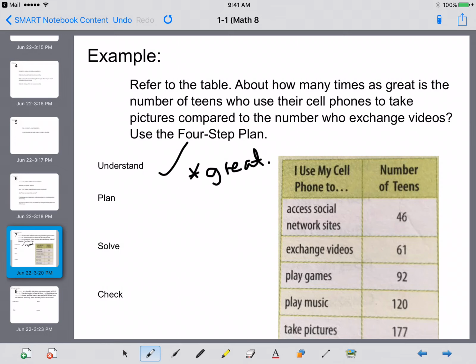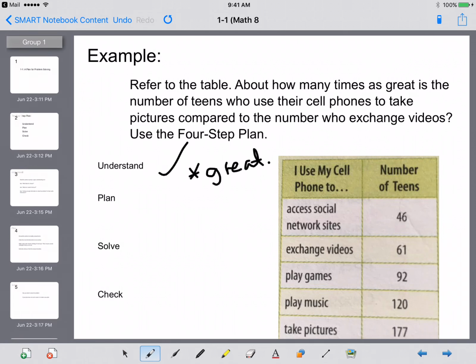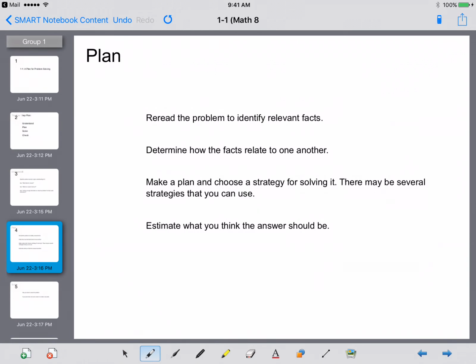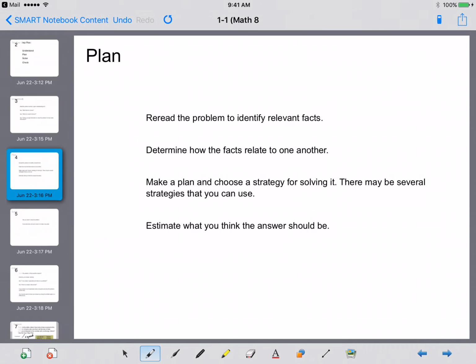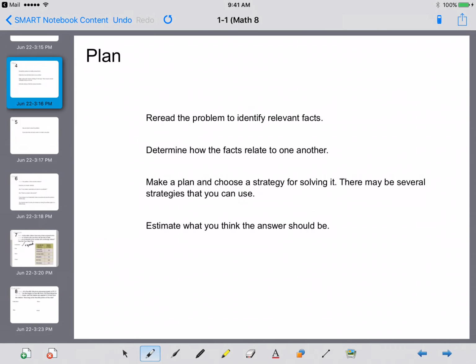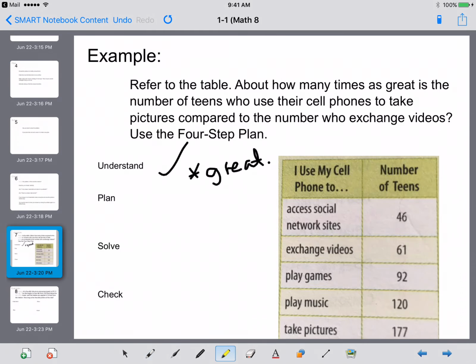It's not the most beautiful thing there, but we get the point. Now we need to go to our plan step. So our plan step here says to reread the problem to identify relevant facts, determine how they relate to each other, and make a plan and choose a strategy for solving. Okay, so we know it wants to know about how many times as great is the number of teens who use their cell phones to take videos compared to the number who exchange